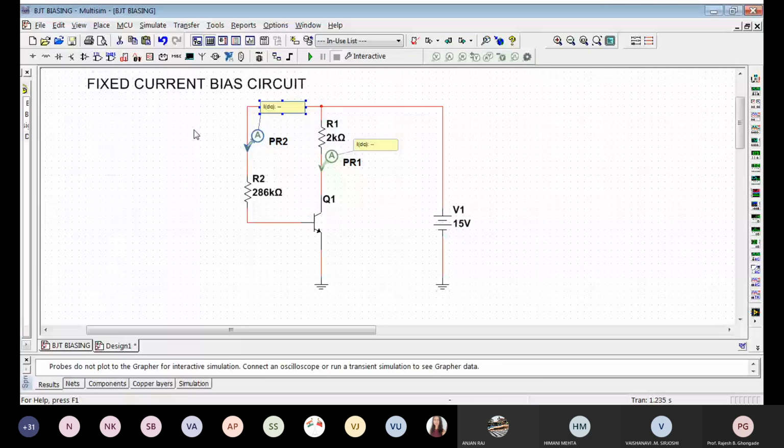Now we want the voltage across collector and emitter. So what I will do is, in this case, emitter is at ground, so I can directly check the voltage over here. But to be on the safer side, we will use this differential voltage probe. Place one end here, other end here. You can shift this around so that it does not clutter the screen. Again, I'm interested only in the DC voltage.